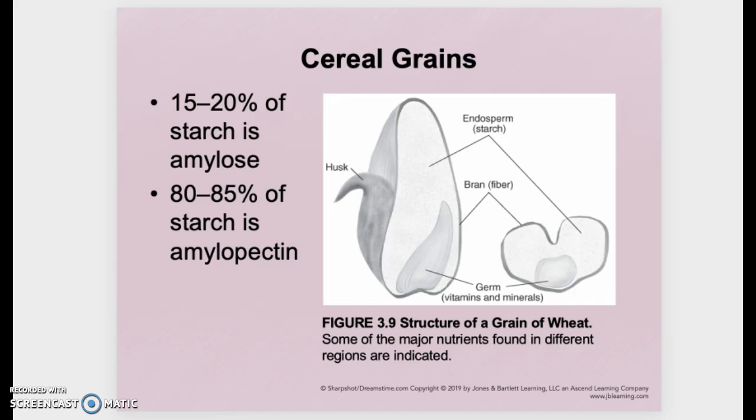The bran is going to hold the majority of the fiber, and then the germ is where most of those vitamins and minerals are going to be stored. When we talk about our refined grains, those are going to be grains that include primarily this endosperm, so the starchy material, rather than the fiber found in the bran and the germ. So whenever we refine our cereal grains, we're taking out this germ and we're taking